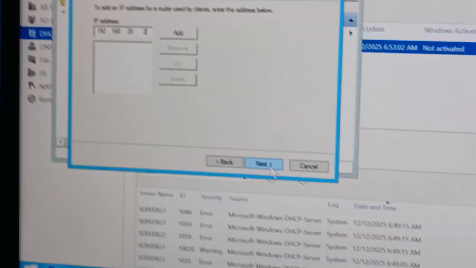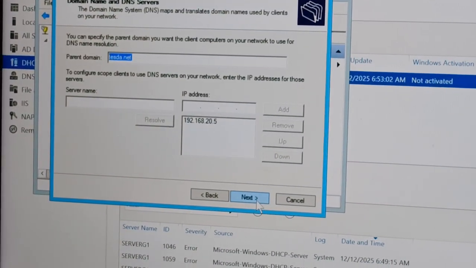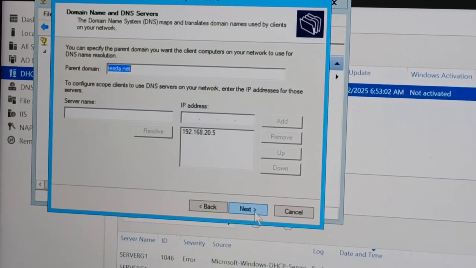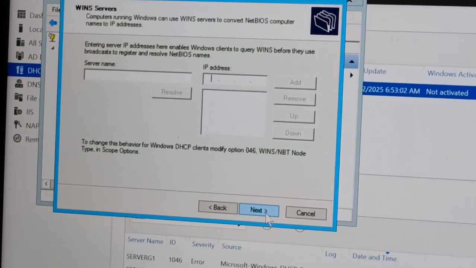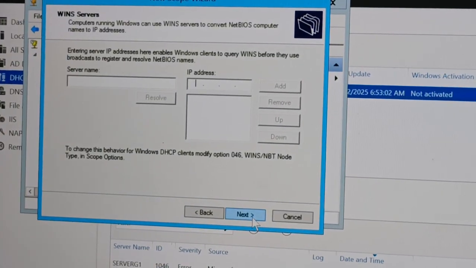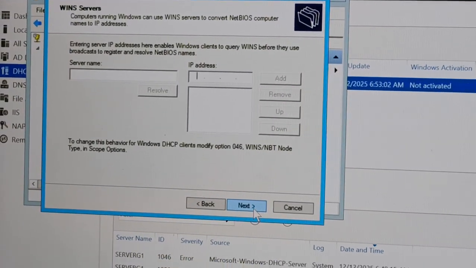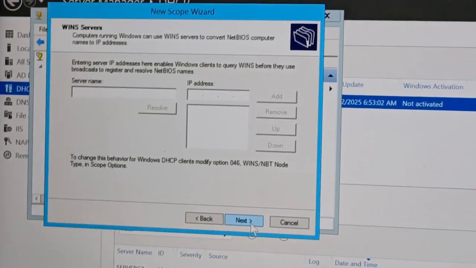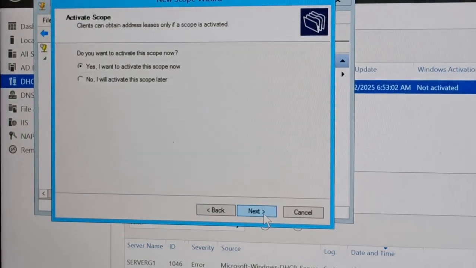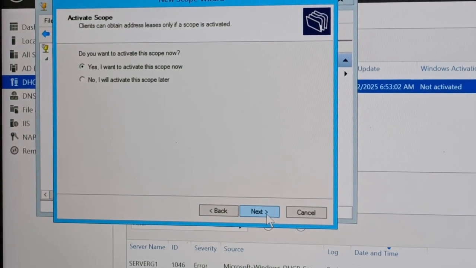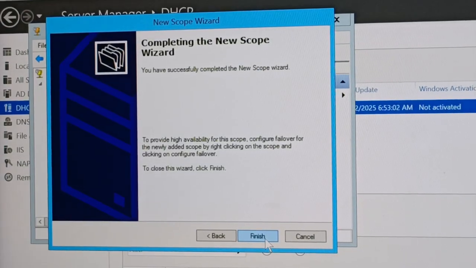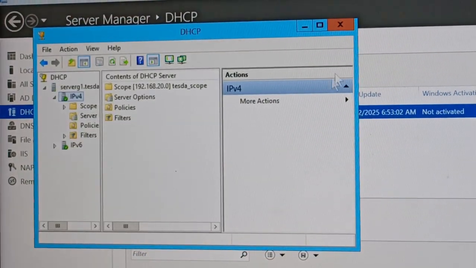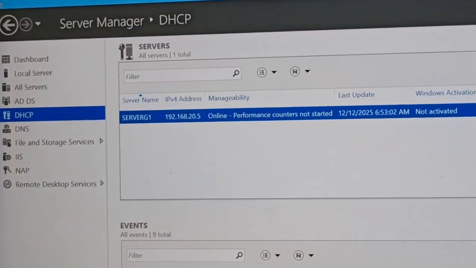192.168.20.2. Next, and we're not going to do anything here. Next, and for the WINS server, we're not going to do anything here. And for the next, we're going to go here, just next again, and finish. And now we're going to close all of it